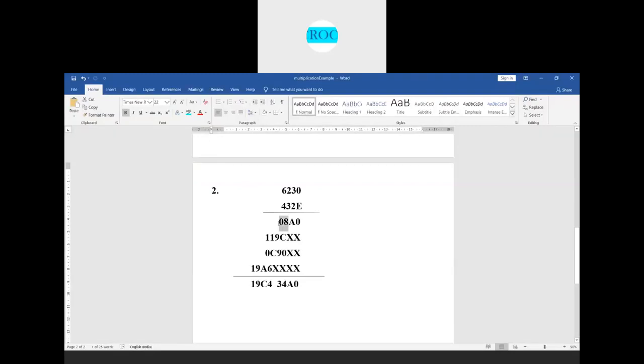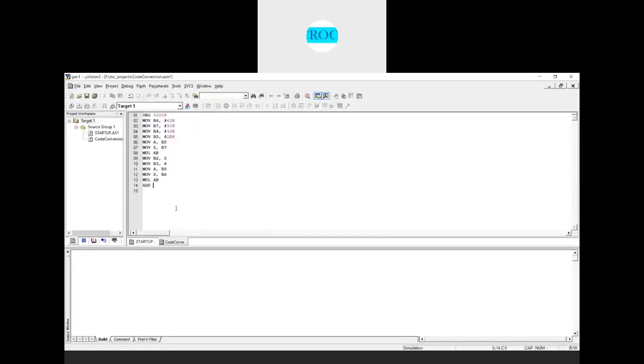Now this 08 that we have needs to be added with 9C. This is the lower byte result we have after performing multiplication AB. Now A will have 9C and B will have 11. This 9C needs to be added with 08. That's the reason I do ADD A, and where is the higher byte content stored? We have stored it in the R2 register. Now add the contents of R2, and the sum of accumulator plus R2 will be stored in the accumulator. Next again I will move R2, A.